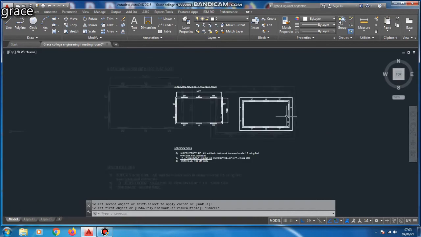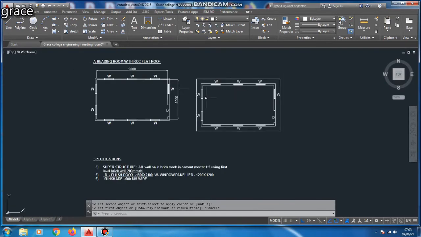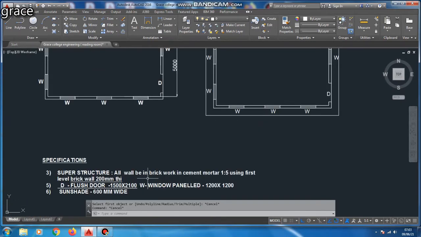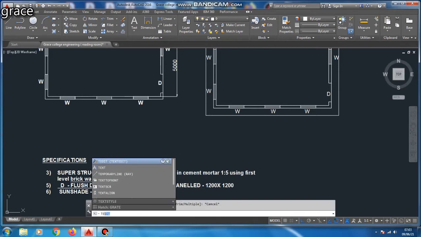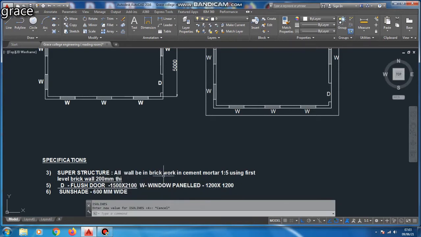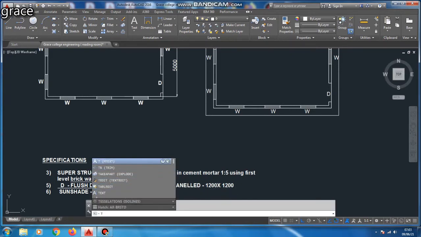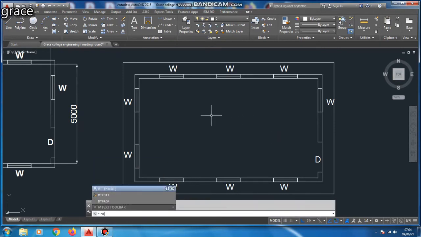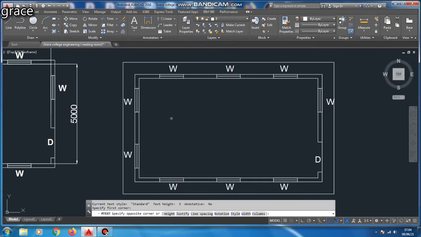So this is the overall size of our building, that is 9000 cross 500 mm reading room. By using this diagram, we are going to draw a section of this reading room.